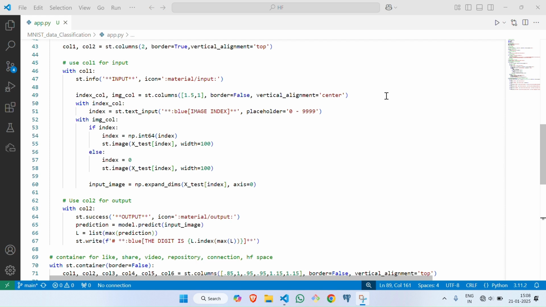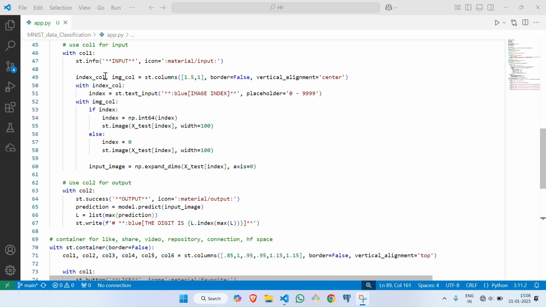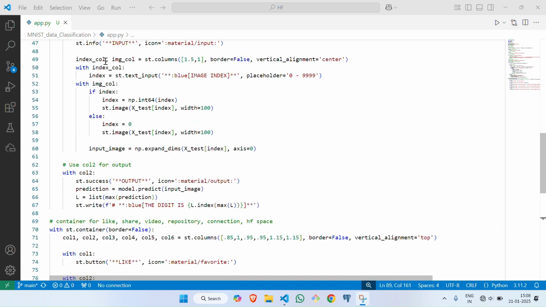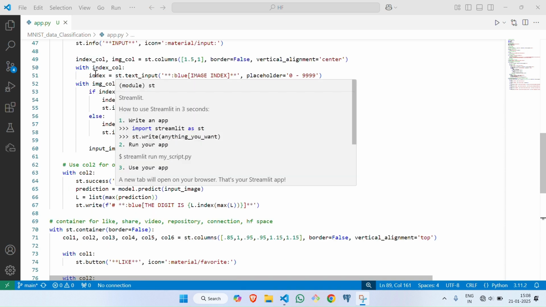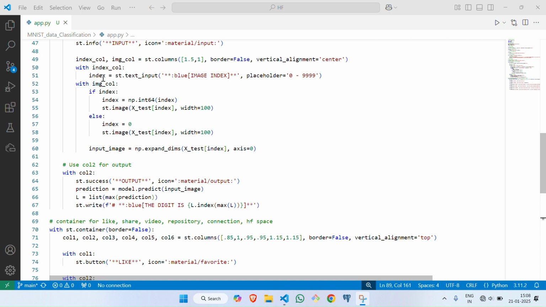So the first column name is index call and the second column name is image call inside column 1, that is the input column. Under the index call I have created a variable index where I am taking a text input